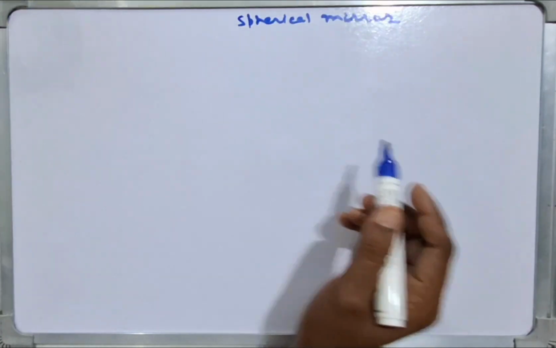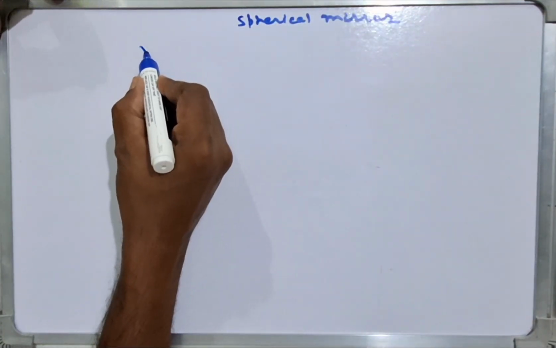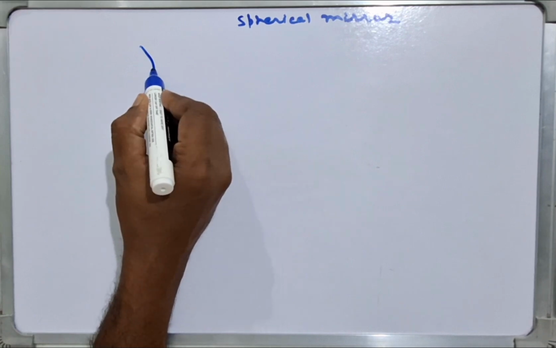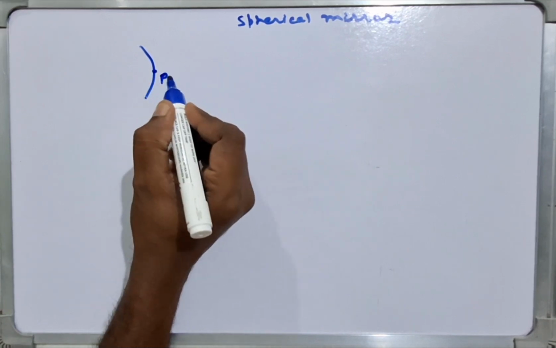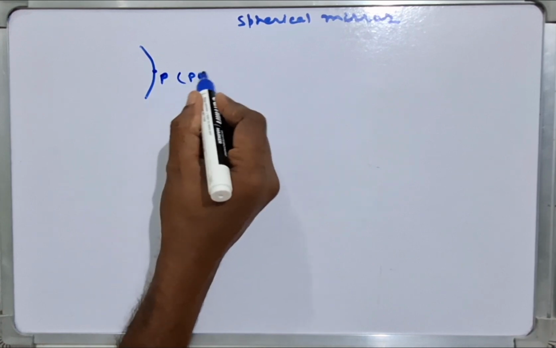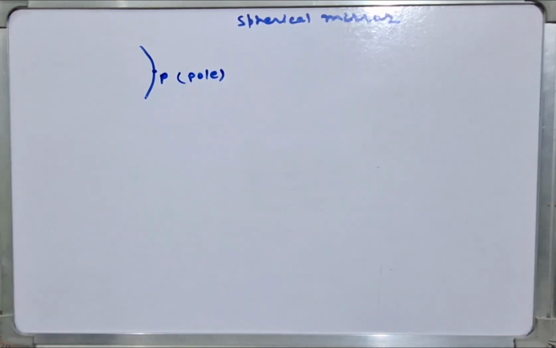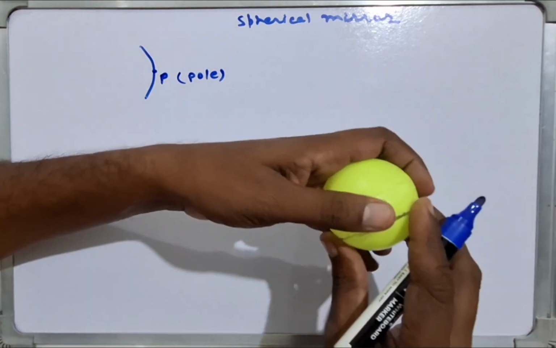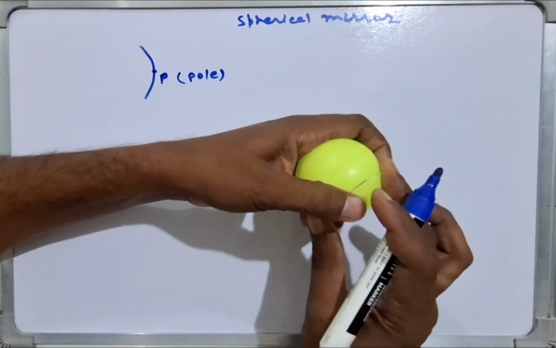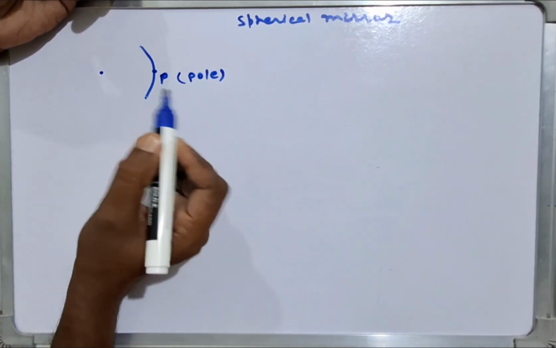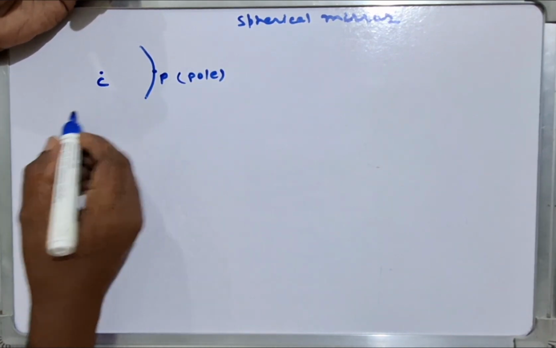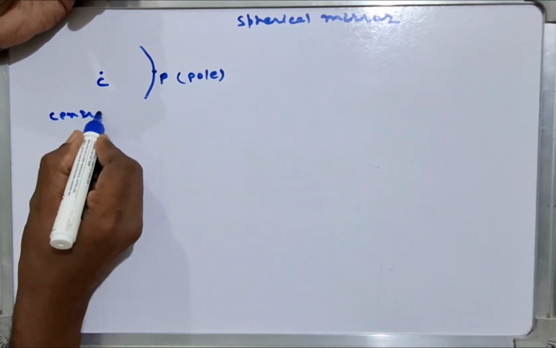In books it is represented like this. Now the center point of this area is known as the pole. And the center of this full sphere is here, suppose,